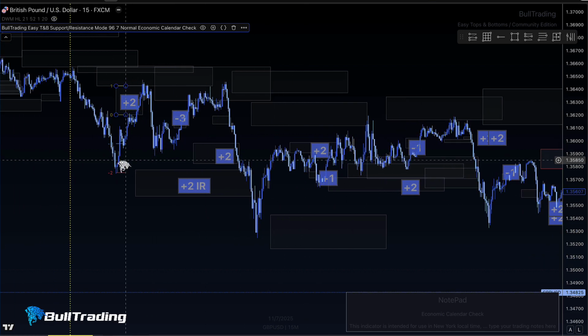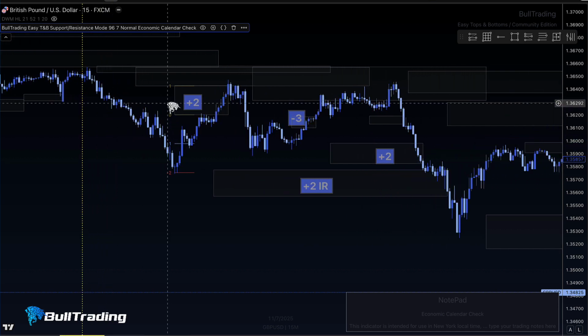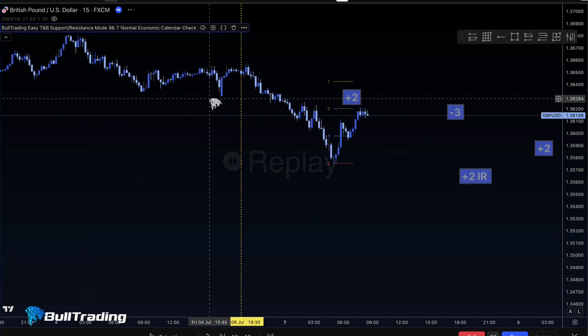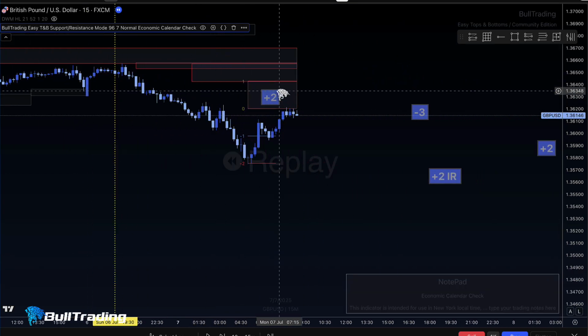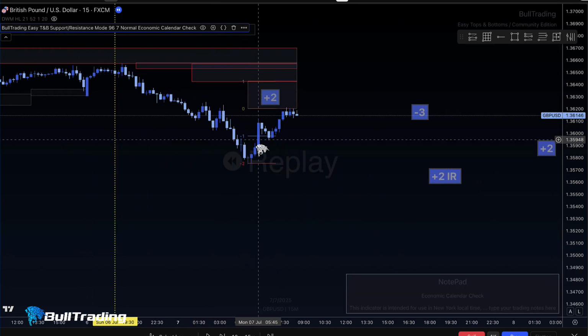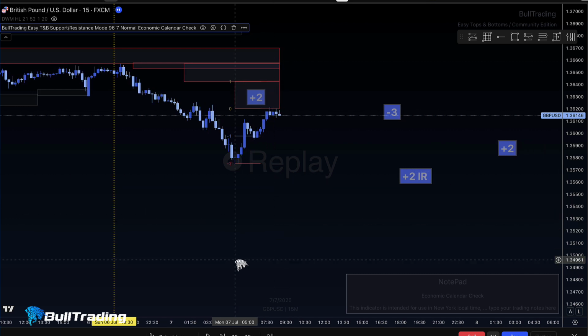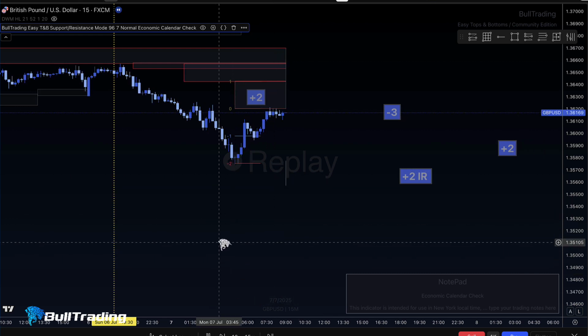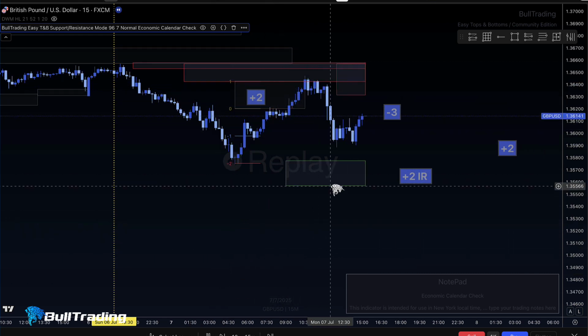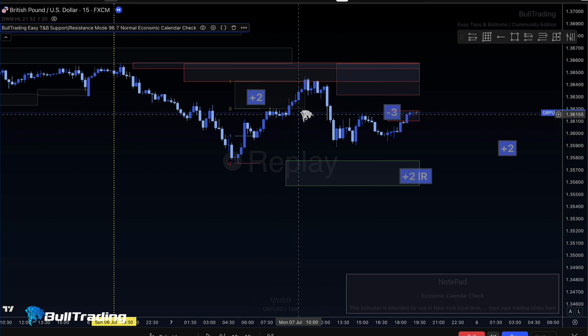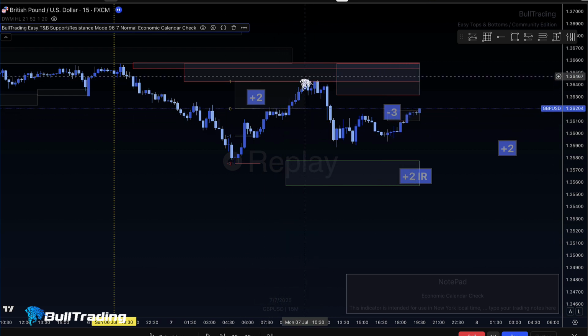For example, when price reaches a resistance zone, let's see in the replay, you will see that it's resistance because it's in red. So it's very simple: when price advances and breaks, here you can check it, price broke the level,